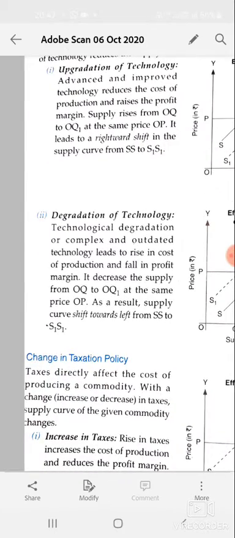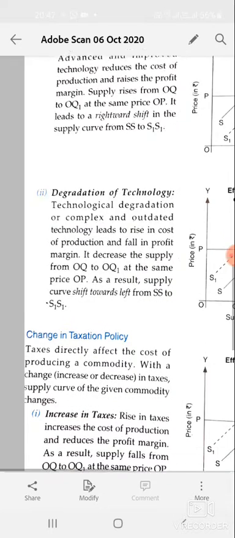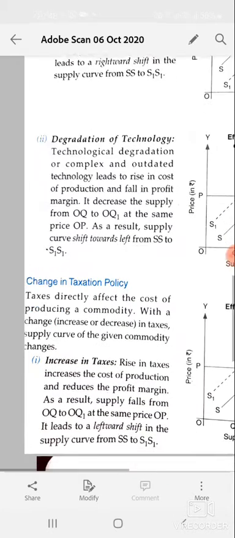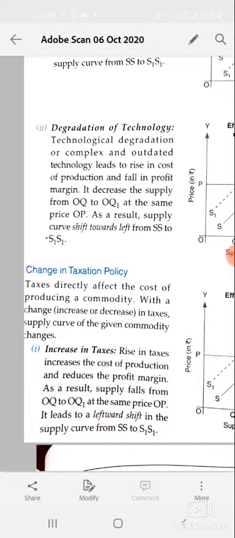because the firm's main objective is to earn profit. Now, point number 4, the fourth and last, is change in taxation policy. Now, as you have studied in the junior classes, we have three types of government. The first is the central government, the second is the state government, that is the Uttarakhand government, and the third is the local government. Remember, my dear students, the main source of income of all three governments is taxation, either on the producer or on the consumer.